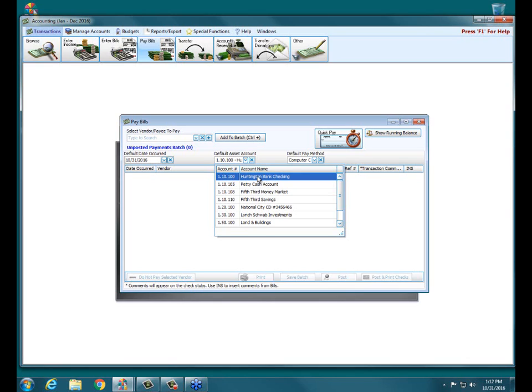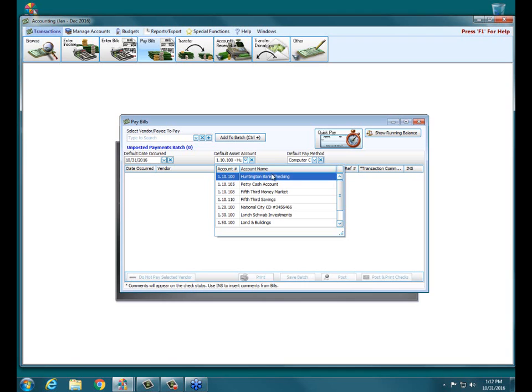So we can't choose our Huntington Bank checking or our savings or our money market account, because when I'm making that purchase at one of those companies or retail stores, I'm not affecting my cash account. Only when I pay my credit card company is that occurring. So if you do want to record your payments where you're using your credit card with the credit payment method